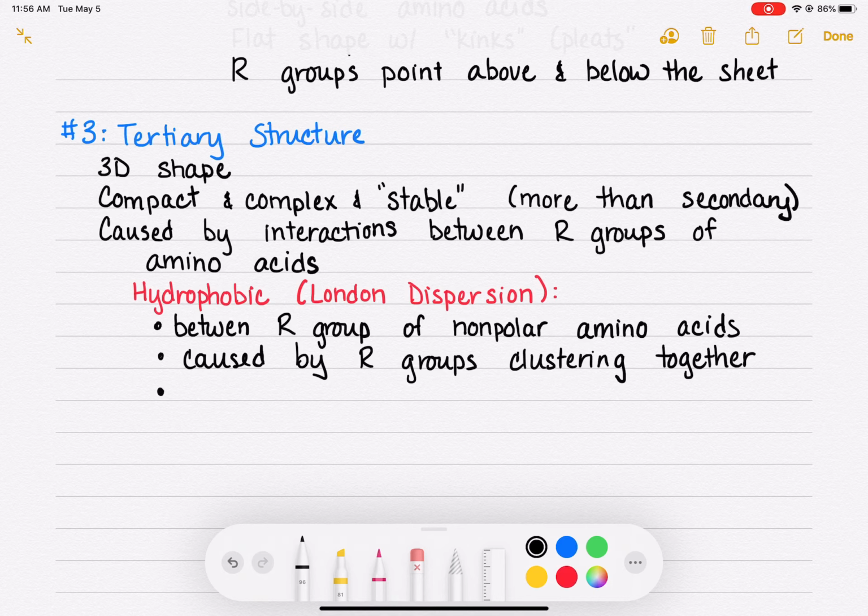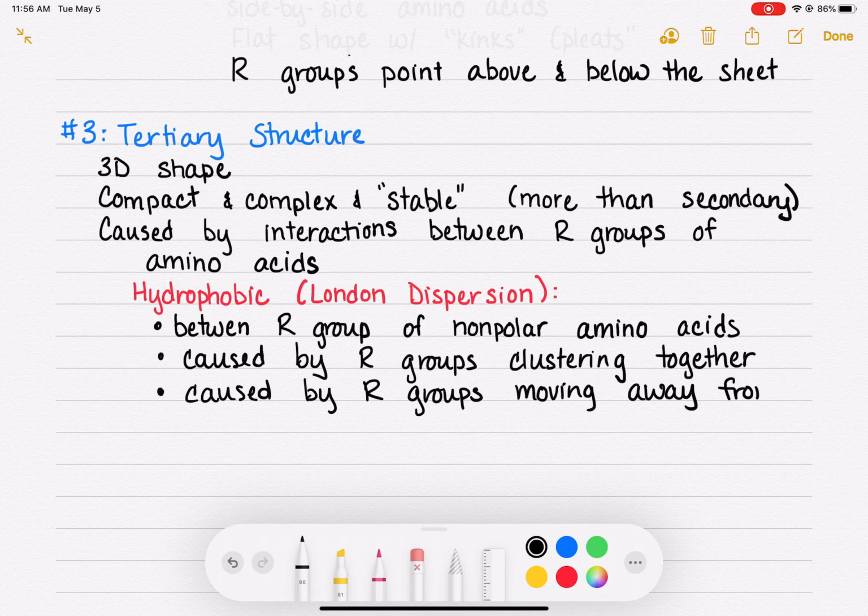And they're driven to do this to get away from the external environment of the protein, which is usually water-based or aqueous. So these nonpolar groups are repelled by the aqueous external environment of the protein. So it's caused also by the R groups moving away or migrating away from the aqueous, water-based, external environment